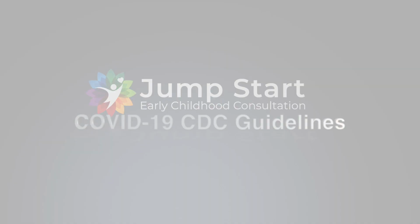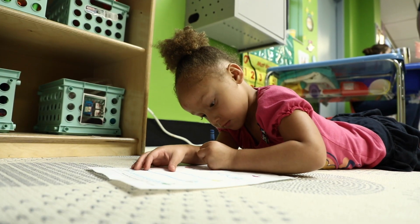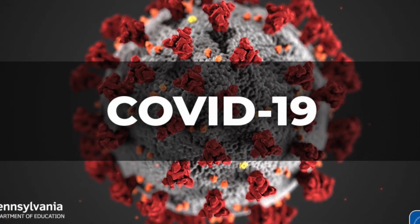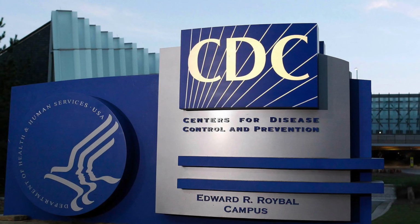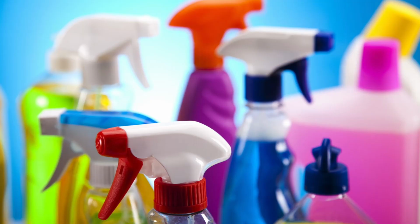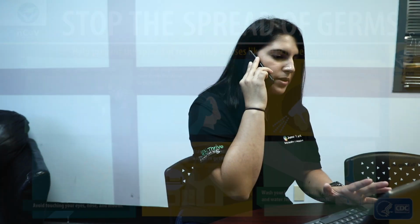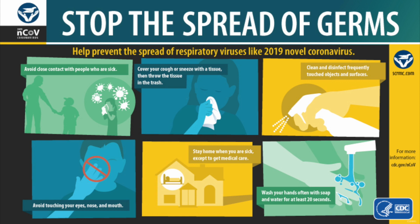Every early learning program that remains open during this time should have a plan in place to protect their staff, children, and families from the spread of the coronavirus, COVID-19. The Center for Disease Control and Prevention, CDC, has developed a few recommendations on the cleaning and disinfecting of common areas and surfaces. The Jumpstart ECC team wants to support you in following these guidelines to make sure you are